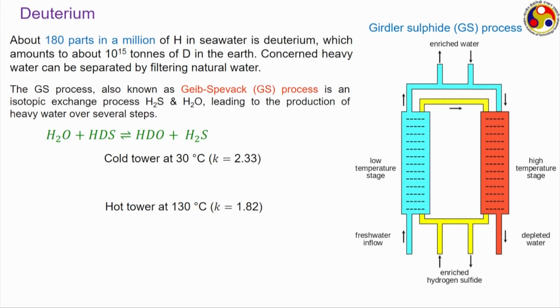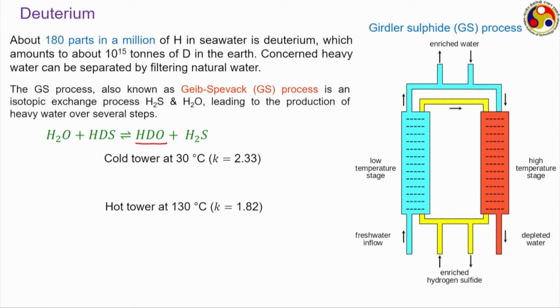Both these two fluids, that is the sea water and hydrogen sulfide, flow parallelly through both the two reactors, and while coming in close proximity with each other, they participate in this particular reaction. Here D refers to deuterium, H refers to hydrogen, and the term HDO refers to heavy water, where out of the two atoms of hydrogen, one is deuterium and the other